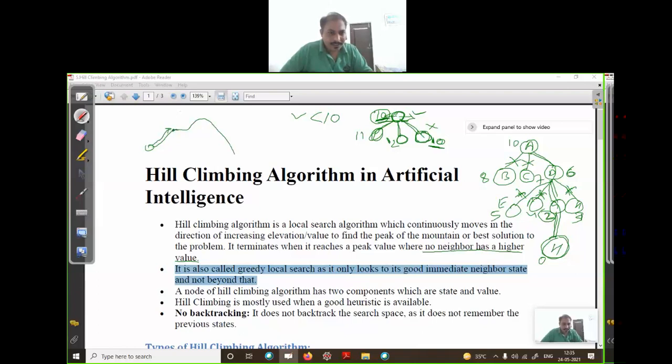The next heuristic value is the same as the current one, so it will stop. It is saying the next neighbor's value is not greater than mine, so it will stop at that point. This is a plateau, a flat line, meaning we have reached a flat point.